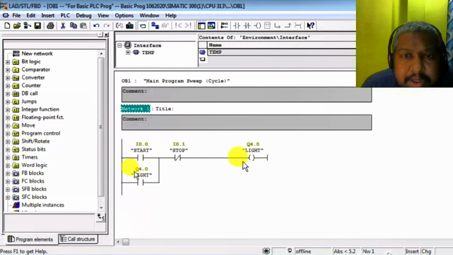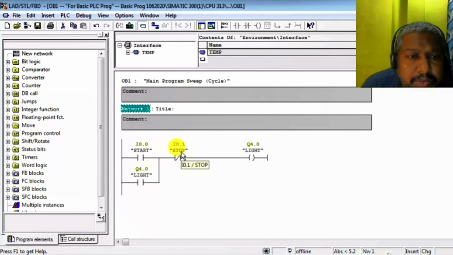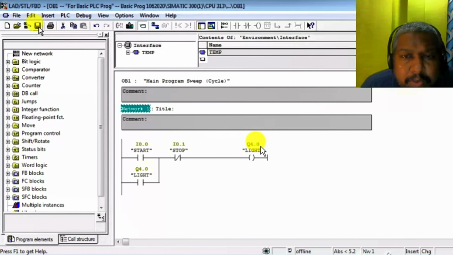This is the symbol and addresses: I 0.0 is the start symbol, I 0.1 is stop, Q 4.0 is light, and the same address is used for the holding contact, Q 4.0 light.